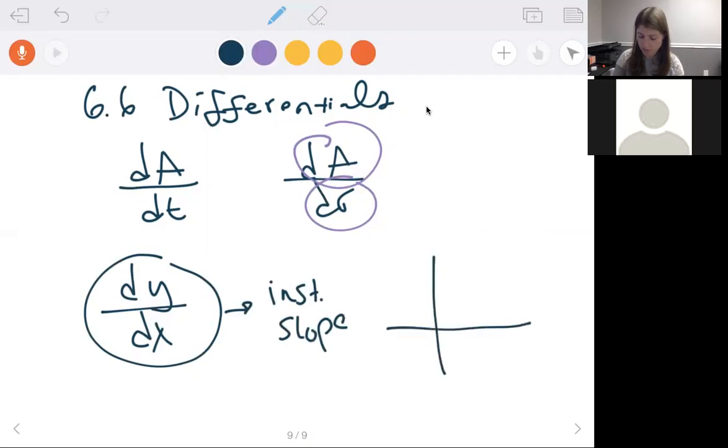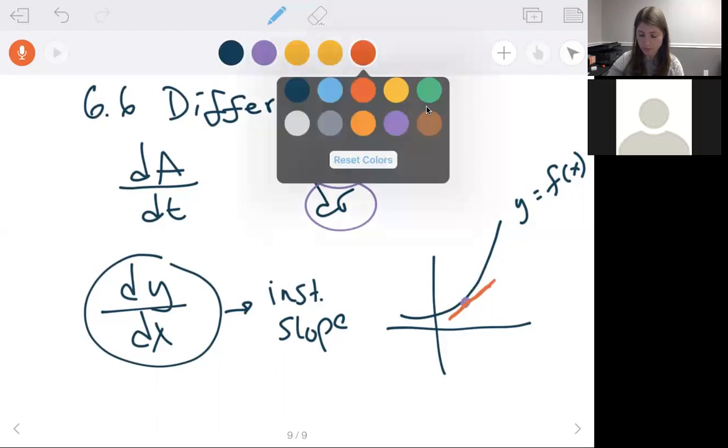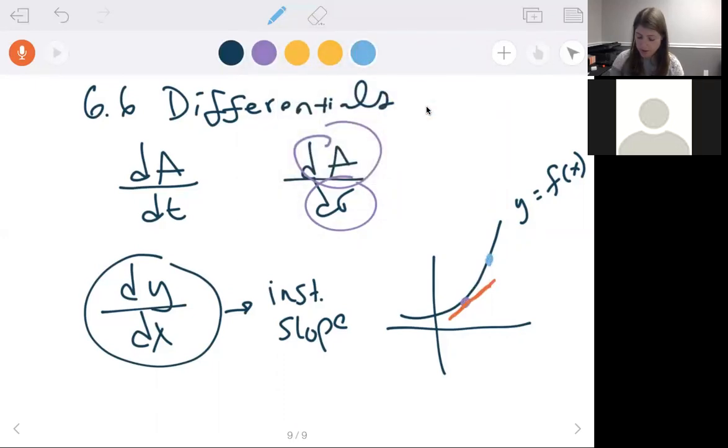So I want you to picture for just a second an equation y equals f of x. If you pick a point, at this particular point, we could determine the derivative. So if I just sketch in a really rough sketch, that red line is a tangent line to the curve at the purple point. Now, when we are looking at adding a second point, say I add a second point over here, if I were to connect these two,